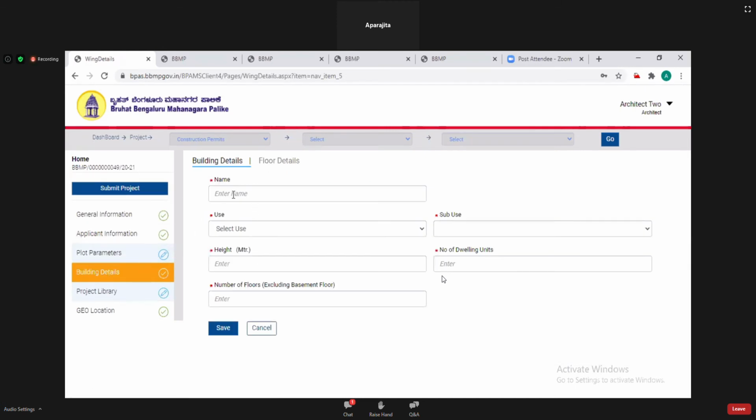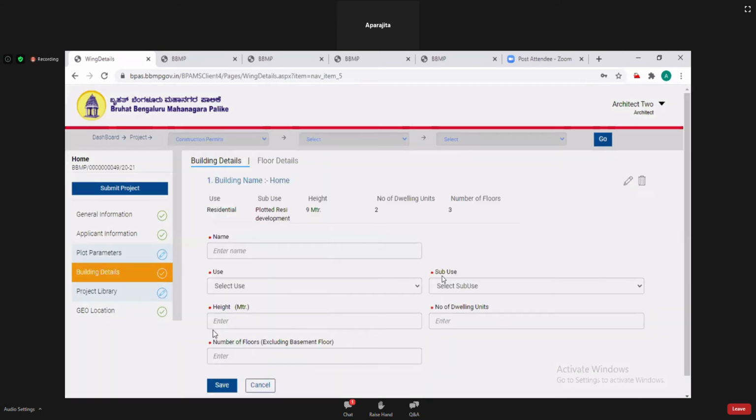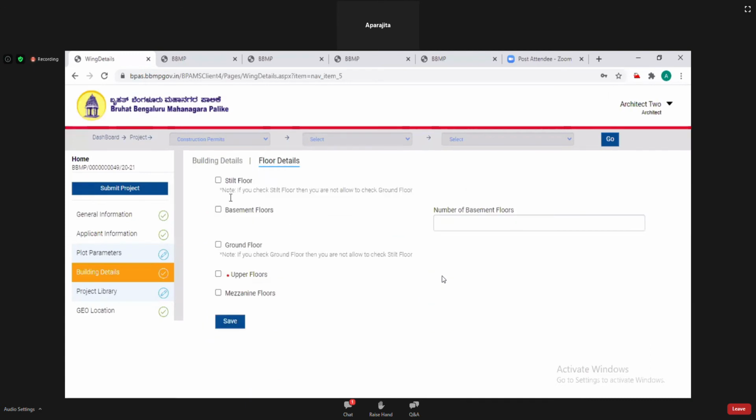Then fill in the building details. Then fill in the floor details.